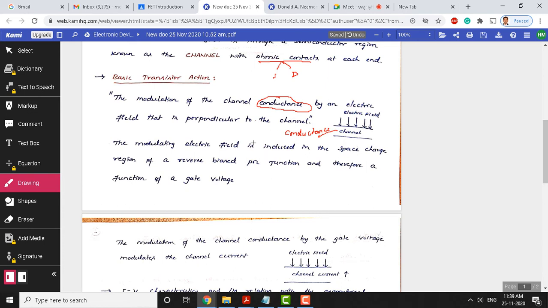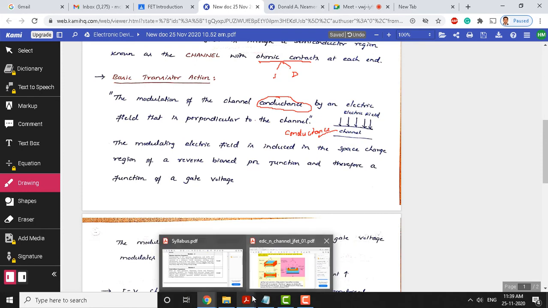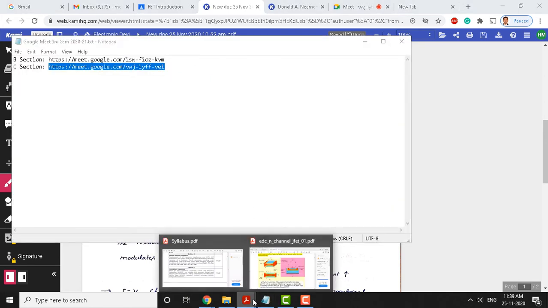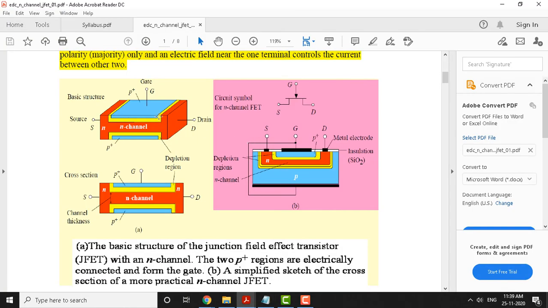So, the modulating electric field is induced in the space charge region. We already know what is space charge region. Space charge region means it is a PN junction or depletion region, you can see here. This is the depletion region, the space charge region here. So, here we introduce electric field on top of this gate terminal, and that controls the conductance within the channel here.